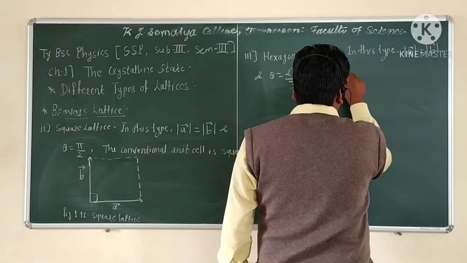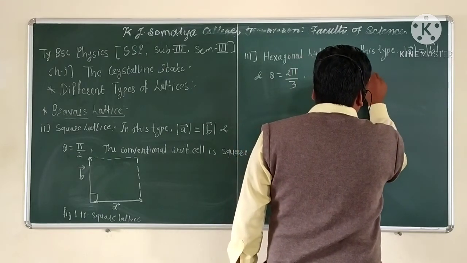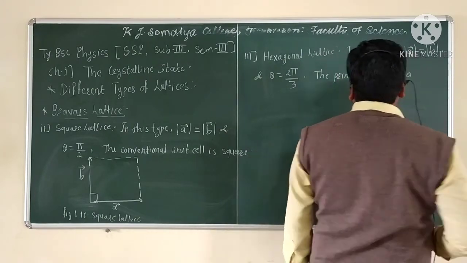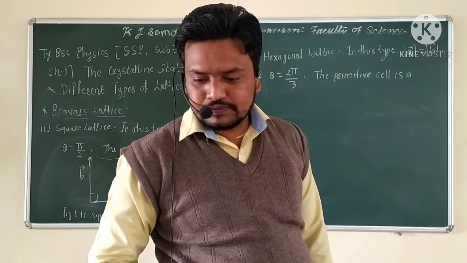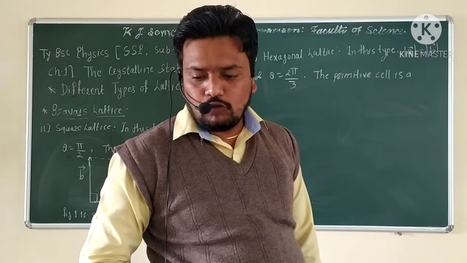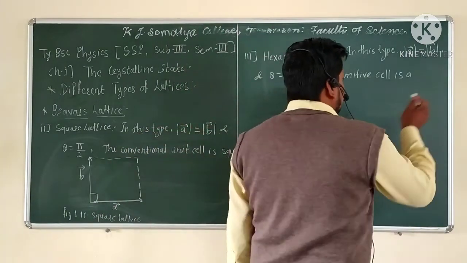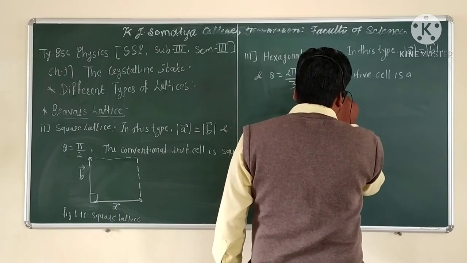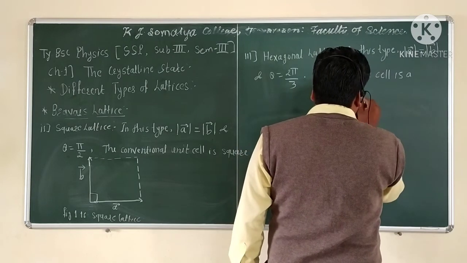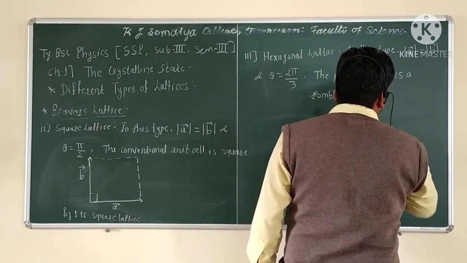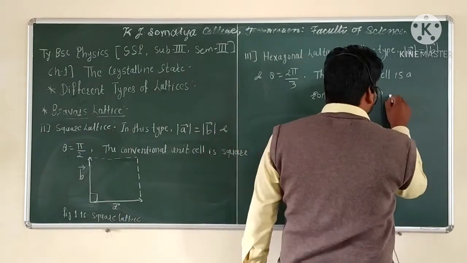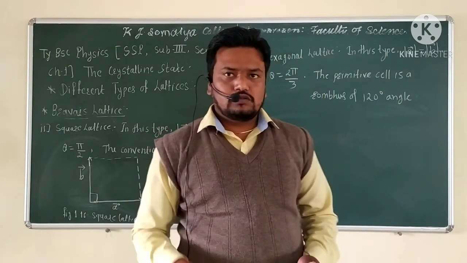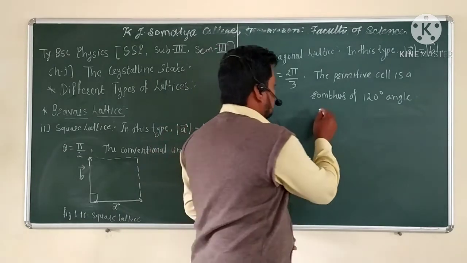So the primitive cell is a rhombus of 120 degree angle. So this is known as